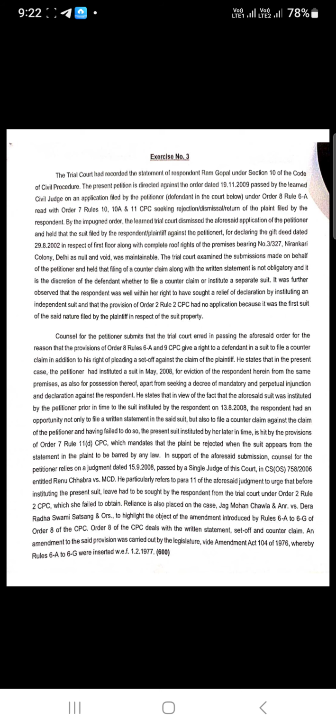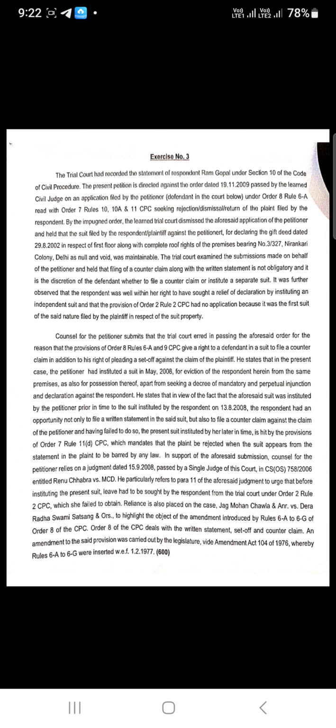Stop and next one. Counsel for the petitioner submits that the trial court erred in passing the aforesaid order for the reason that the provisions of Order 8 Rules 6A and 6(9) CPC give a right to a defendant in a suit to file a counterclaim in addition to his right of pleading a set off against the claim